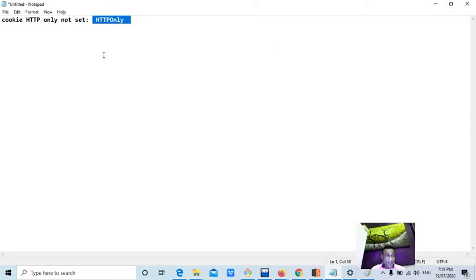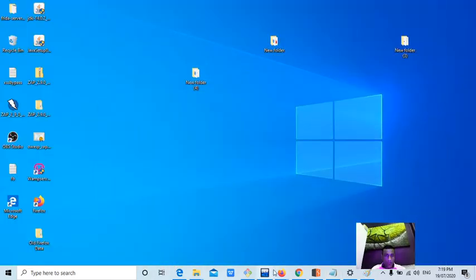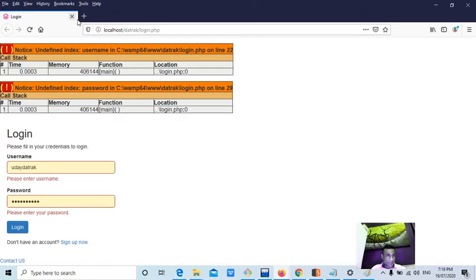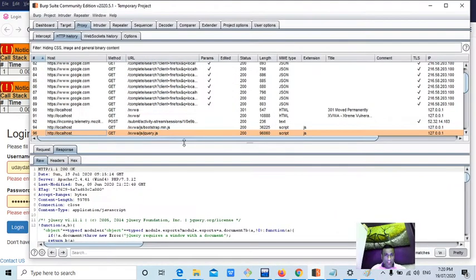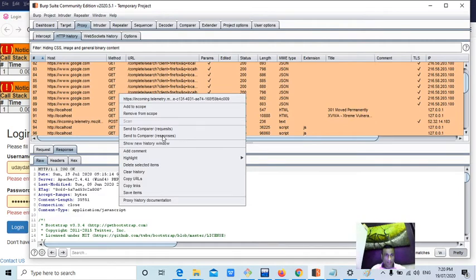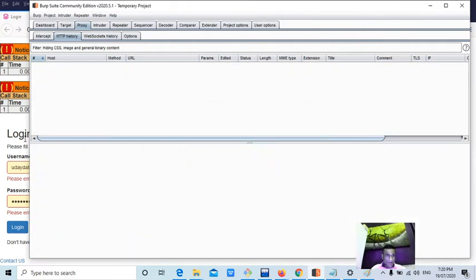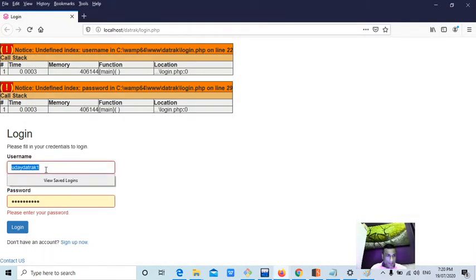Now first, in order to check this issue, you have to go to a login page. Then you have to clear the history. Make sure that cookies are check marked. Now for our convenience, we are going to clear all the Burp history too. Enter the correct username and password, guys.